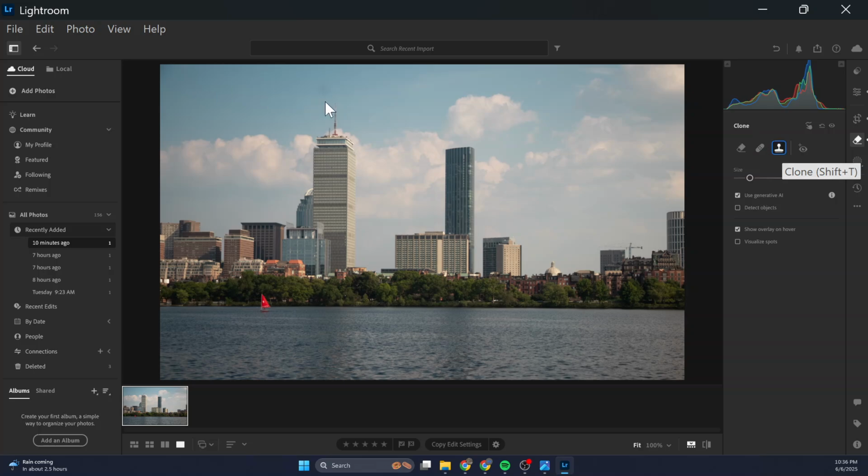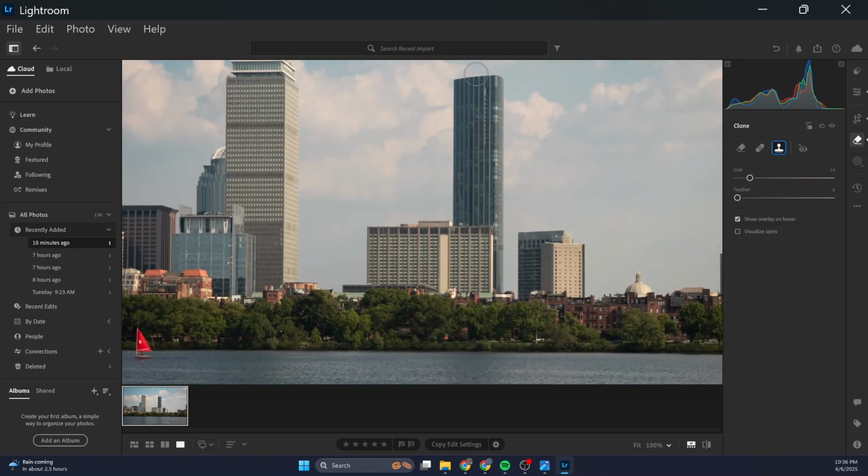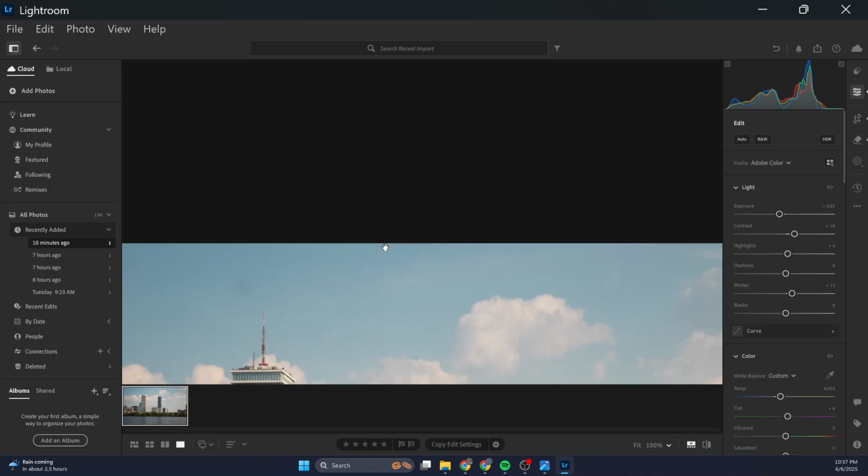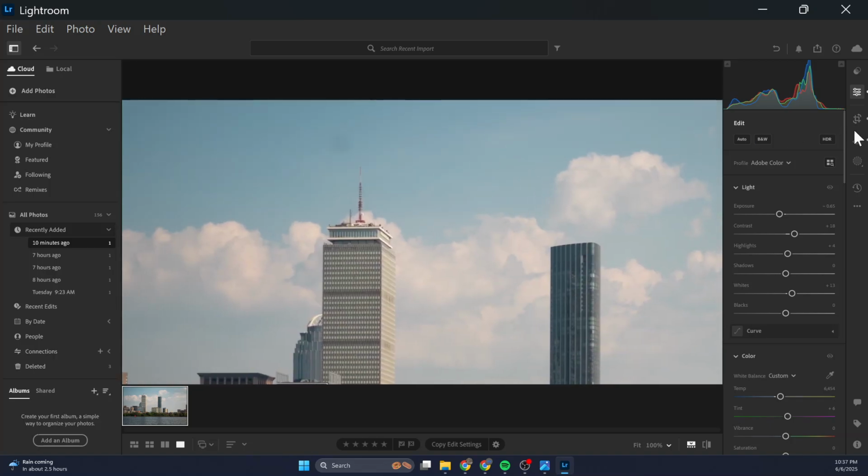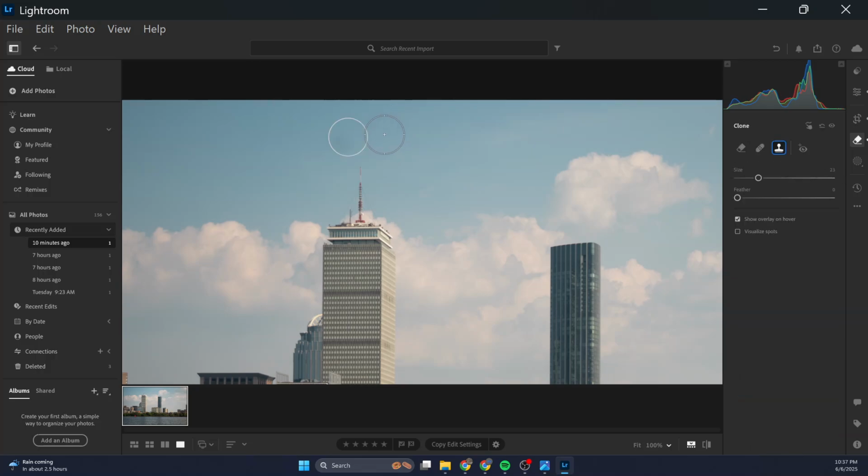Wait, hold on. This is actually new to me. I didn't know Adobe had clone stamp. Or Lightroom had clone stamp. Give me 2 seconds. Let me lock in for a second. I didn't know this. I didn't know that Lightroom had clone stamp. So apparently Lightroom has clone stamp, because there's this little splotch up here that I want to get rid of. I'm learning stuff right now. Holy crap. Is it the same as